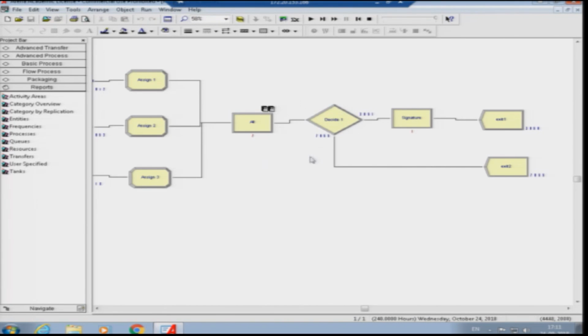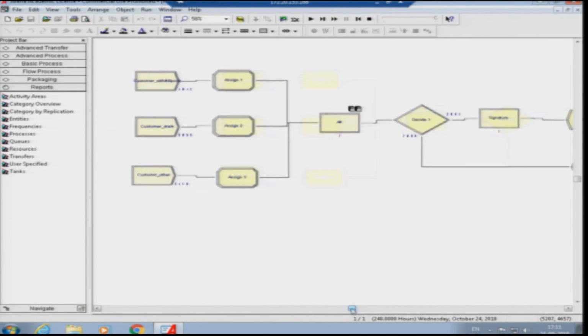As you can see in this window, a few more things to be added are that there are 2 customers who did not get served in the all node, whereas there is no customer who did not get served in the signature node. Not true, it says 7 customers. It says 0 customers did not get served in the signature window.